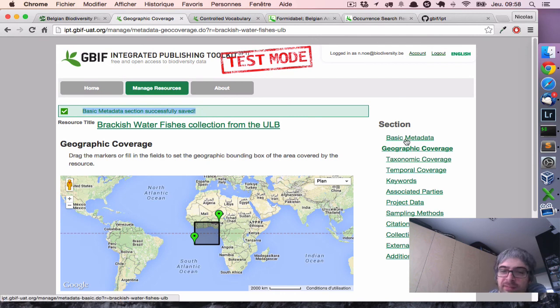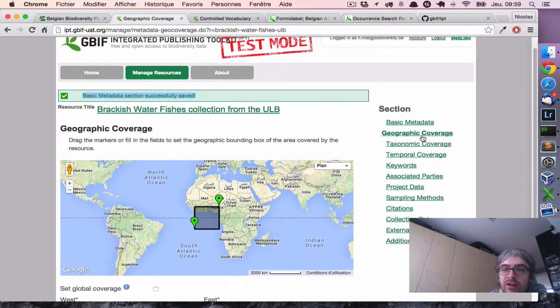So I have my basic metadata, which means that the IPT will now accept to publish the data, but there are more sections, and you should fill as much as possible and have as good metadata as possible. So we'll make a quick review. The next one is geographic coverage. You should just say